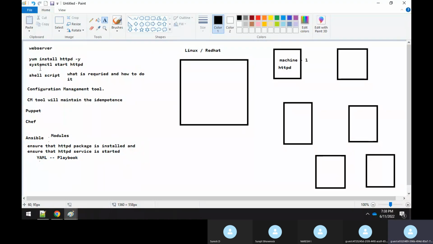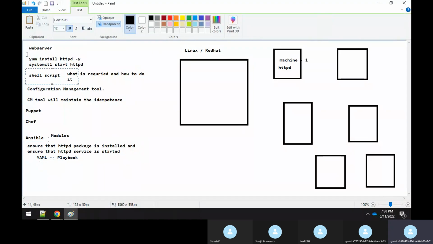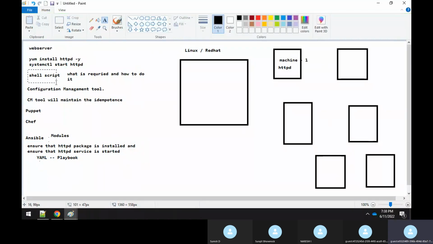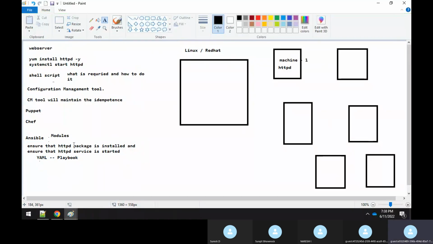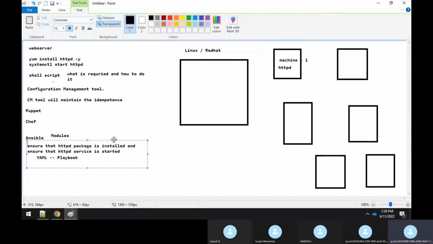Now when I run the shell script, it will try to install all the software and restart the service on all these servers. And if you execute the shell script again on the same server, the second time the shell script will fail, saying that this package is already installed. Whereas if I run Ansible where I need this package to be installed,